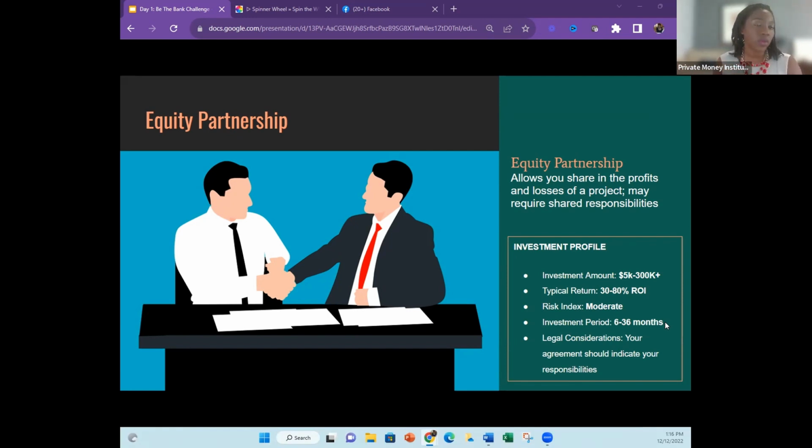Investors are typically only going to offer an equity partnership with you if they need other assistance. Maybe they're subdividing the property and it's going to take a long time. They're not going to be able to pay you back in 12 months because just the surveys and the approvals are going to take 11 months before they can even put it on the market, right? So when they're experiencing additional risk, they're going to let you in and let you share in that risk. And because you're sharing in the risk, you have the potential for better returns. So a long way for me to say your time period is going to be anywhere from 6 to 36